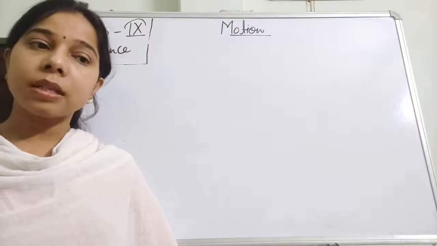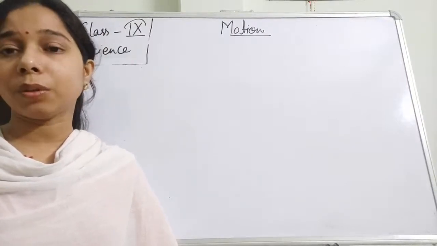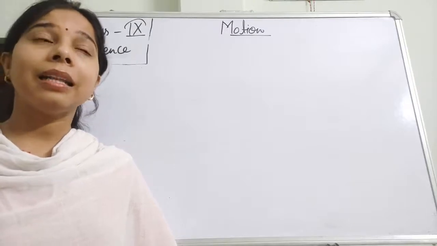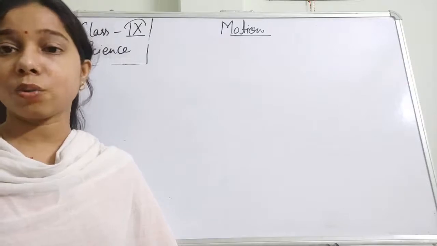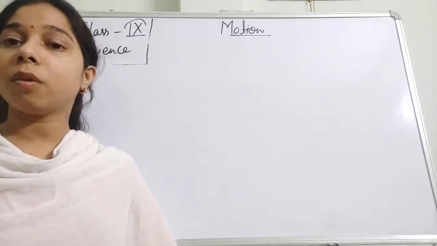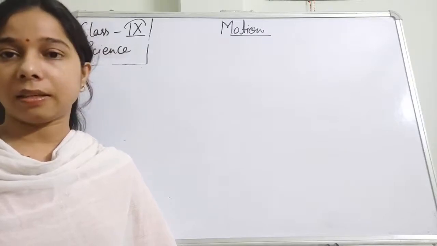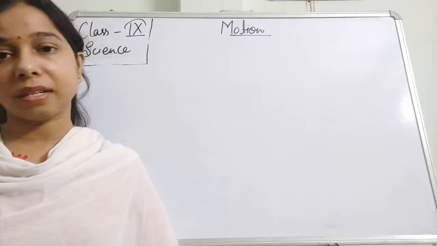We have also seen that if we talk about the SI unit of negative acceleration, there is no difference in the SI unit. It is represented by meter per second square. But here the value that we will use will have a negative sign. This is the only difference you will find between acceleration and retardation.